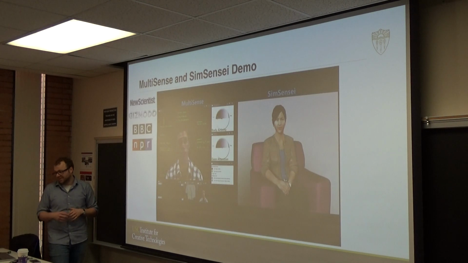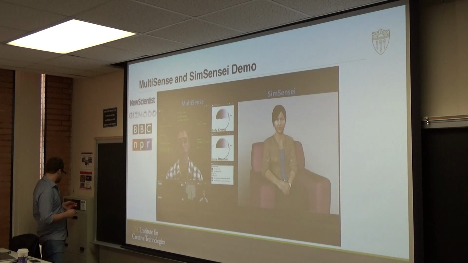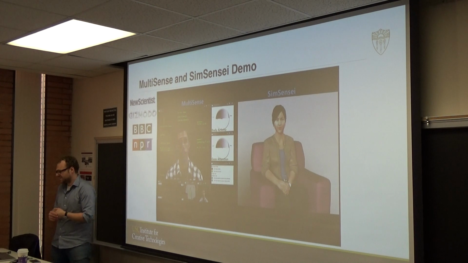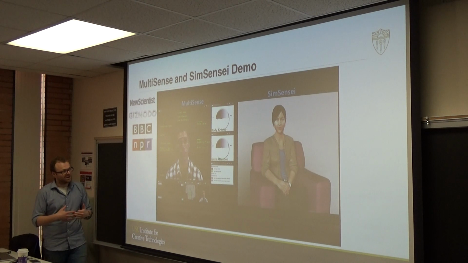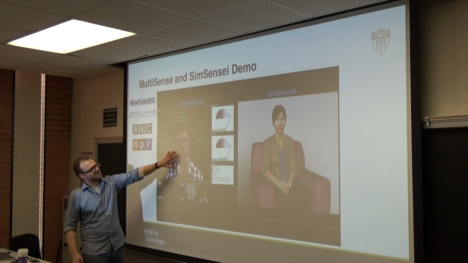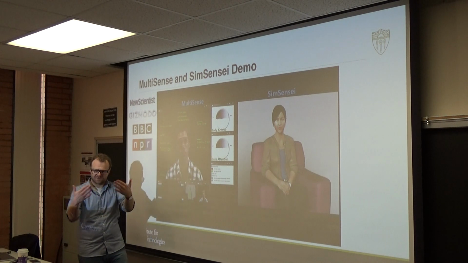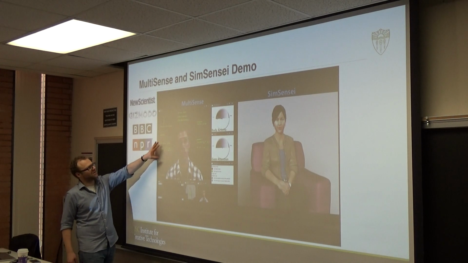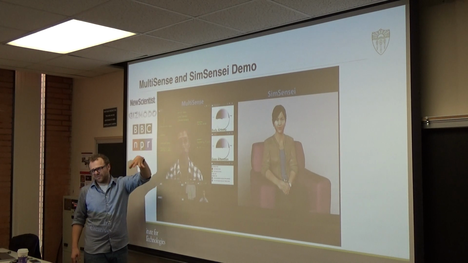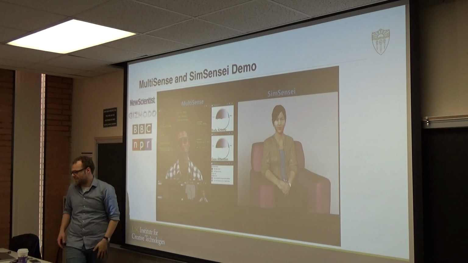I would like to show you an example of how one of our experiments with virtual humans looks when we try to understand if individuals suffer from depression. This is an interaction between an individual talking to a virtual human displayed on the screen, and what you see overlaid are the features we use for the assessment of depression.